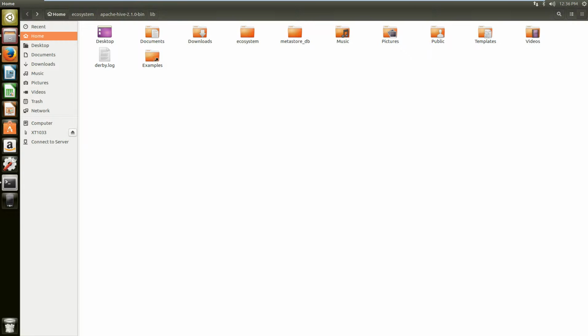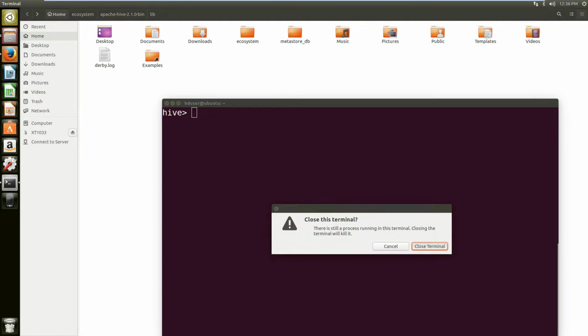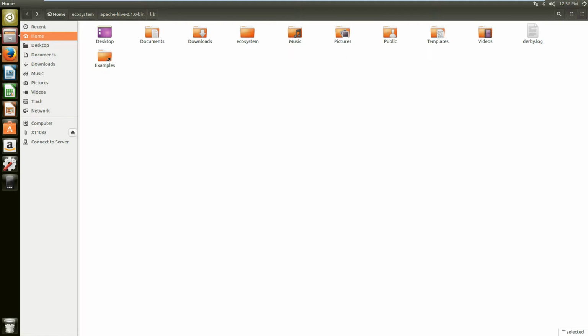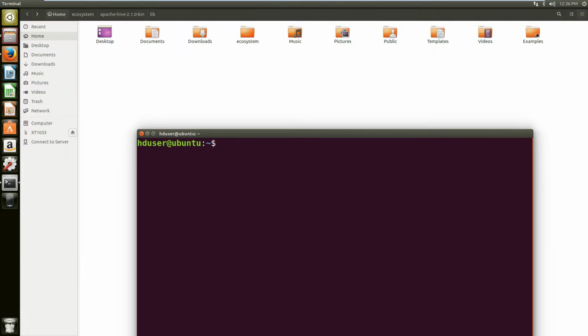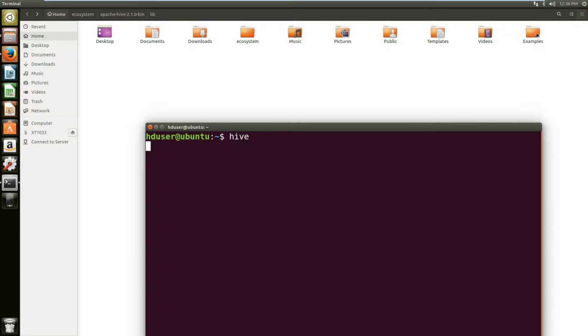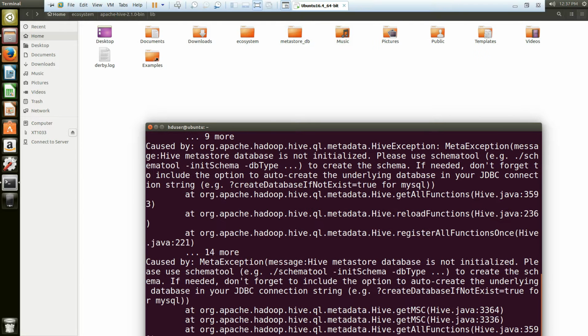Okay, now let me do one thing. Let me show you what happens if you just launch Hive directly. I'll close this terminal and delete my metastore. Done. Now in our Hive 1.2.1, all we used to do was open a terminal and just say Hive, and it used to automatically create the Metastore DB. Here also it will do the same, but it will fail to initialize the Metastore properly, and then you'll get some exception.